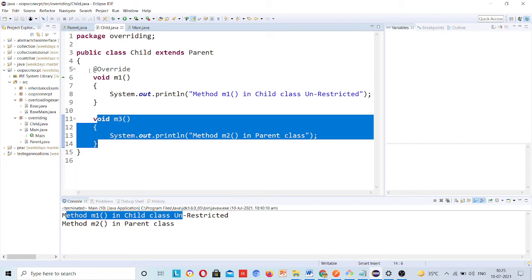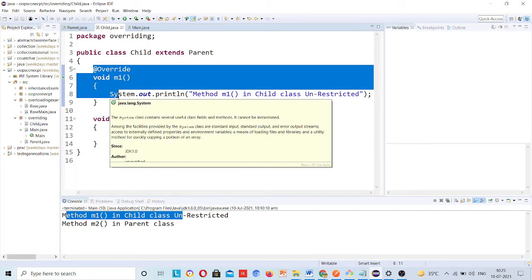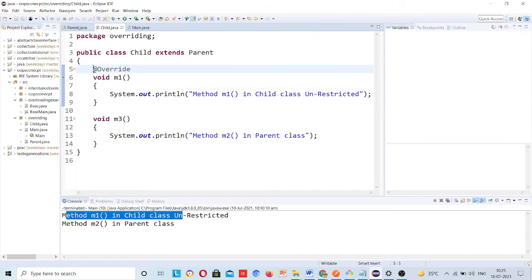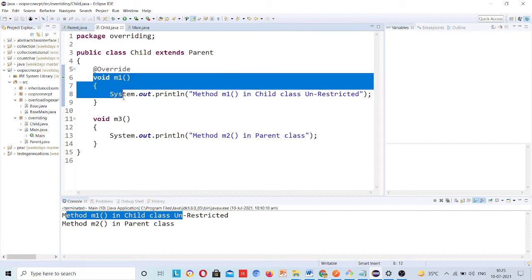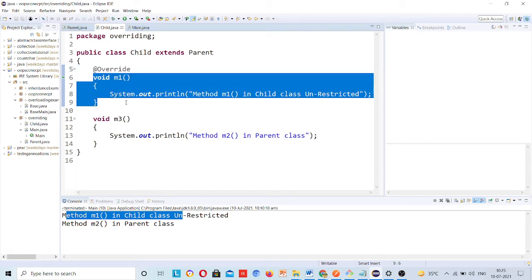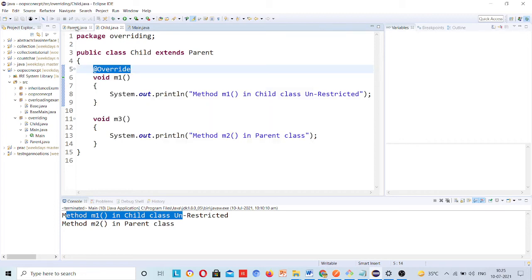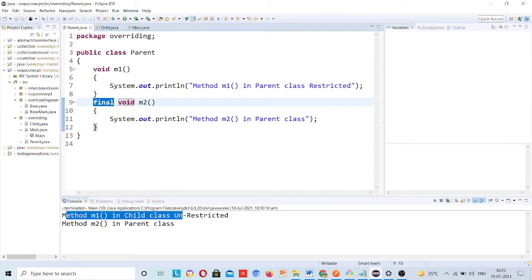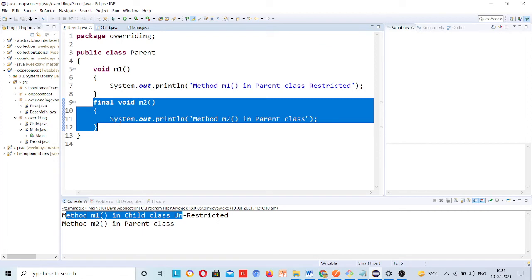You can override by using @Override, you can force that you are overriding this method. It will go and check inside the parent class, if that method is present inside the parent class, then it's okay. Otherwise, it will throw an error that you are saying you are overriding this method, but this method is not present in the parent class. So, this is the task of @Override. Whenever you are using the keyword final, then you are saying that you cannot override this method, which means the parent class is saying whatever implementation I have given to you, you have to follow that implementation only, you are not able to override my method.